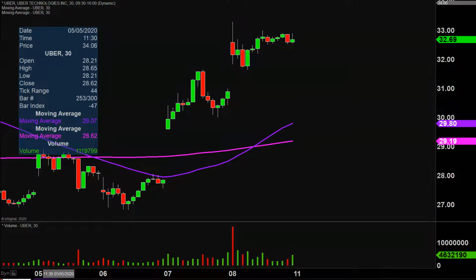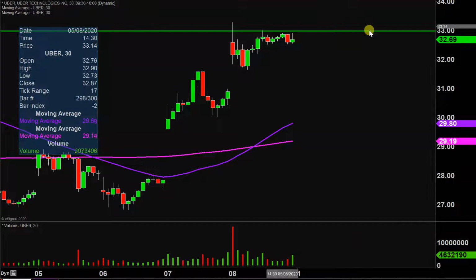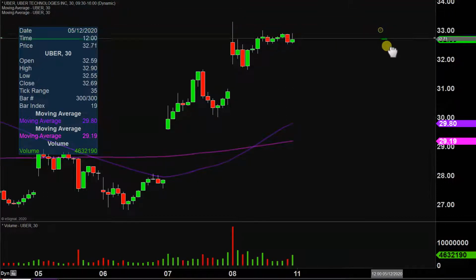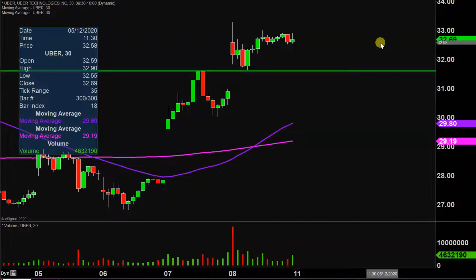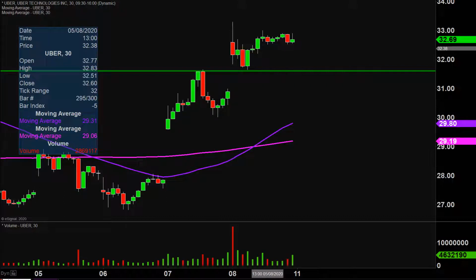So the first level of support is what I would call the ideal level. I'm going to say, Clay, what would make this chart look the absolute strongest going forward? And that would be if the price could stay up here above 3160. Now, don't get me wrong. If the price falls below 3160, I'm not saying the entire chart's destroyed or ruined or anything like that. But yeah, if the price could manage to stay up above that level, that would certainly be a great sign